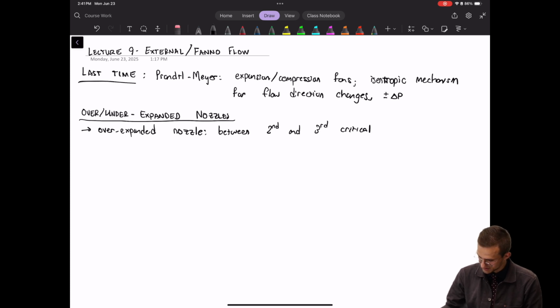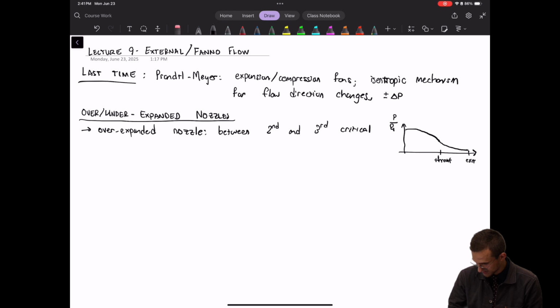And here I'll just sort of draw the pressure curve, where this is the throat, and let's say this is the exit here, and then this would be the pressure over the upstream stagnation pressure PT. And if you'll remember, it drops down to the throat,